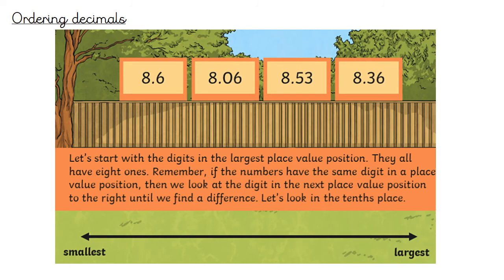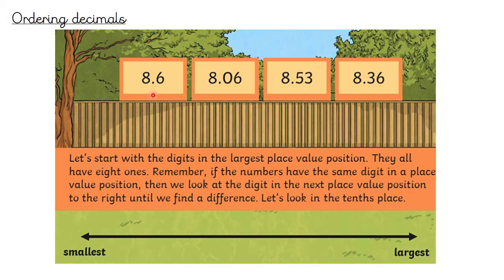Right, now we're going to think about ordering decimals. What we've been doing up till this point is comparing: which is greater, which is less than, are any of them equal to? What we're going to do here is order them. So you can see from this image that we're going to order them from smallest to largest, or you could go the other way. So we have the decimal numbers